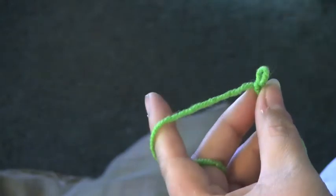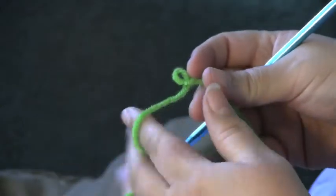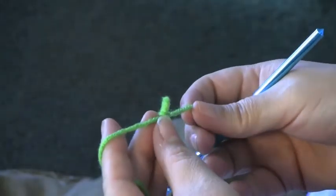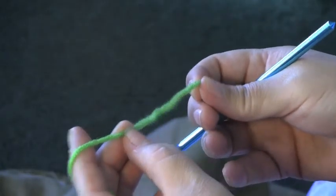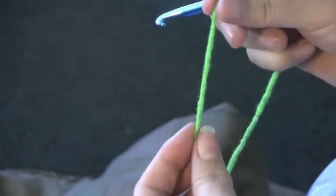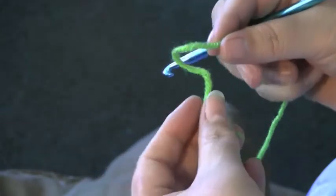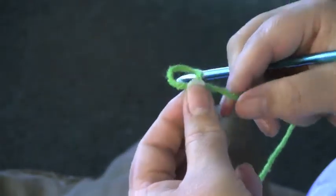I'm going to give a little lesson on crocheting, and it's not hard, it's just a series of loops is all crocheting is. So I'm going to start at the beginning. We've got a piece of yarn and we want to start to crochet. So what we do is we